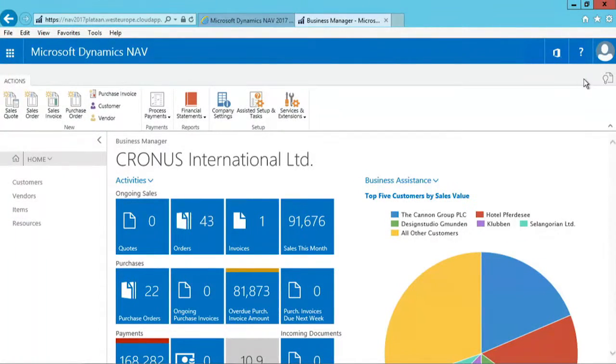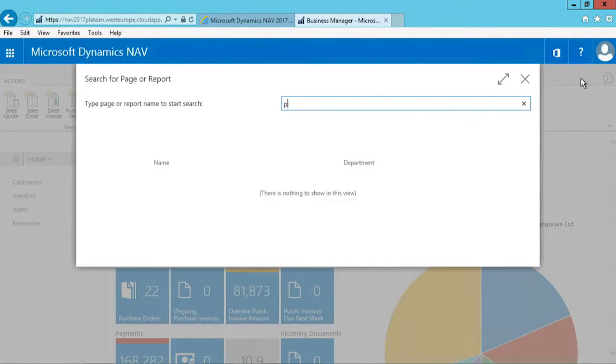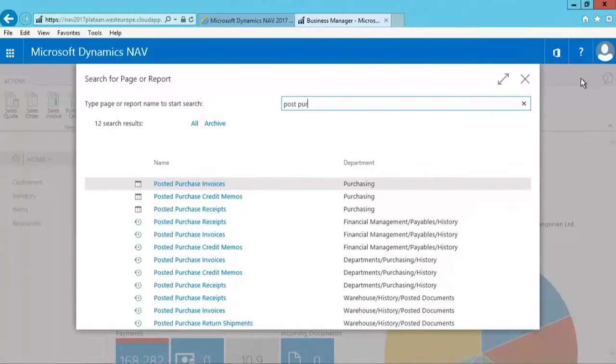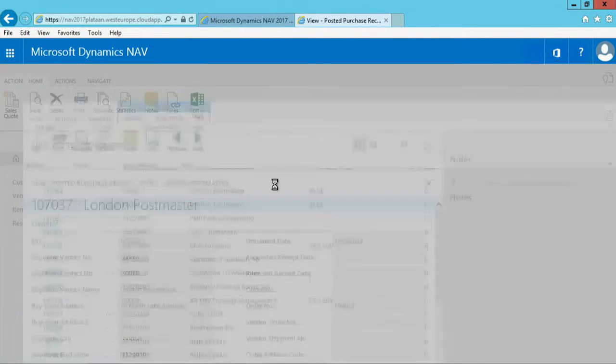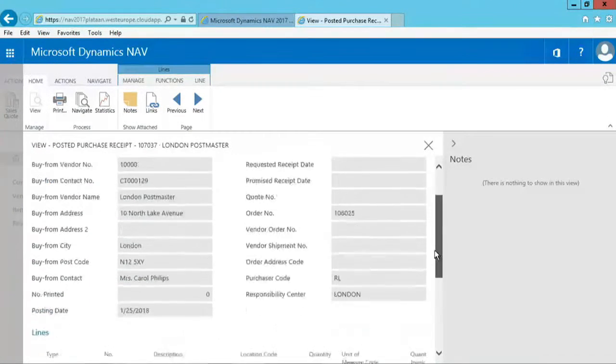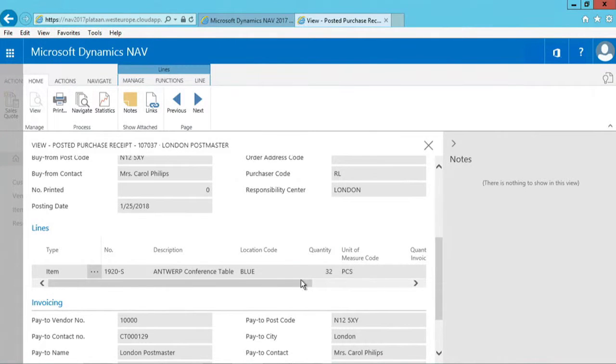So let's go to the posted purchase receipt. So if I enter posted purchase, I can go to the posted purchase receipts. There we go. And you can see here at the top 2 purchase receipts for vendor 10,000. And let me select the first one. So if I open the first one, you can see, if I scroll down, the 32 tables received with the